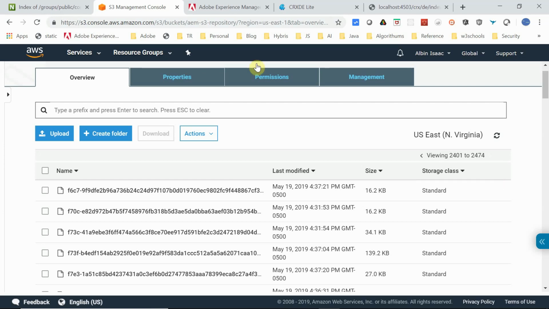Yeah, so now this concludes. We have set up an author instance, we have set up a publisher instance, then we have set up binaryless replication from author to publisher. Now the author and publisher are pointing to the same S3 data store. For demo purposes we considered one author and one publisher, but you will be able to add multiple publishers to the same setup.